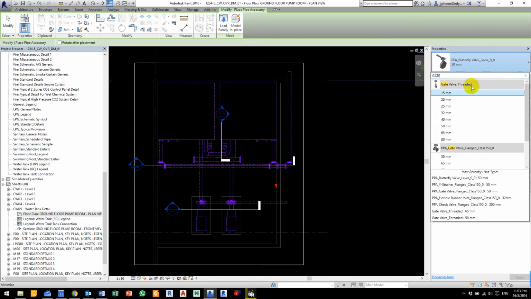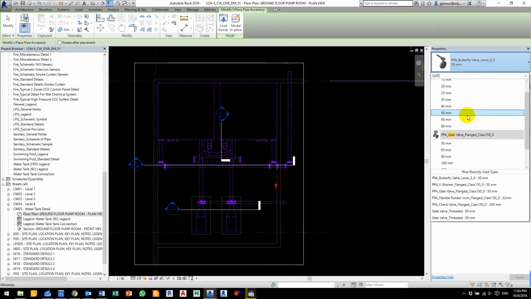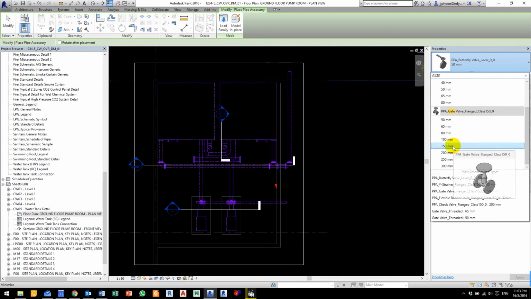You can see that gate valve threaded and gate valve flanged has appeared. So for now we're going to use the flange type, and we're going to use 150 gate valves for the pipes. So we click on that,